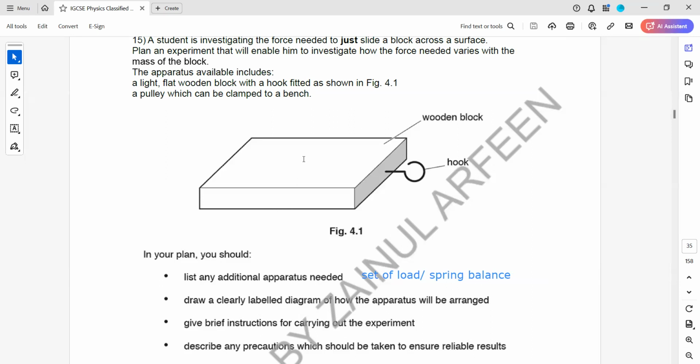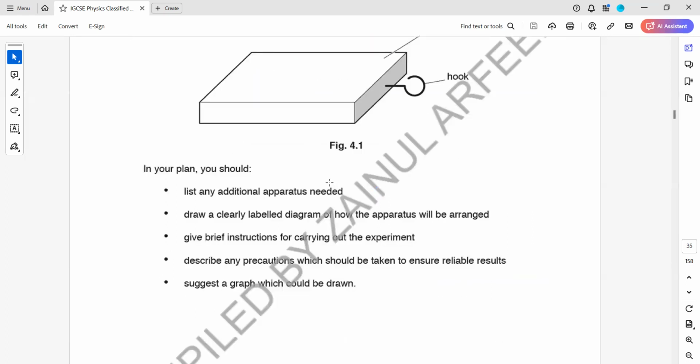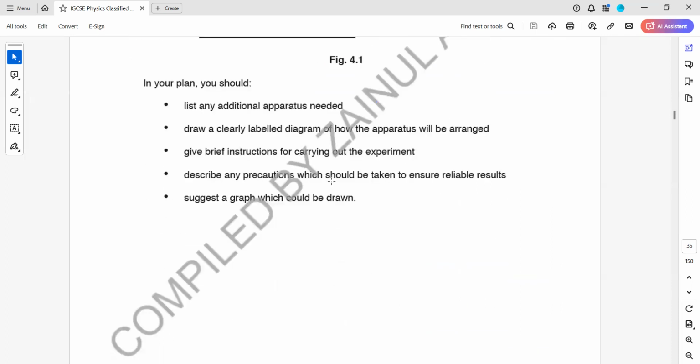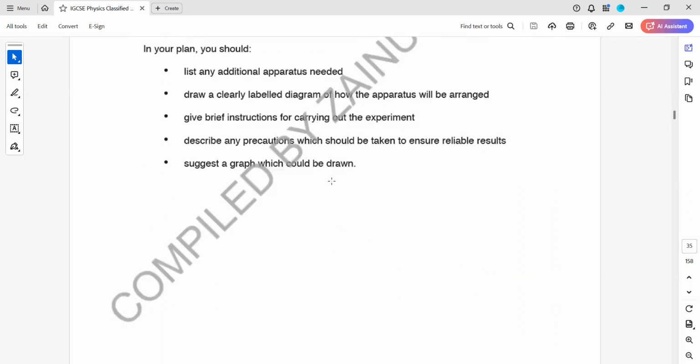Draw a clear labelled diagram of how the apparatus would be arranged. So how we'll arrange this apparatus, you have to draw a diagram. You can use the same diagram or you can draw it separately, because they asked to draw a diagram. So how this experiment should be done, like for example, if this is representing the bench,